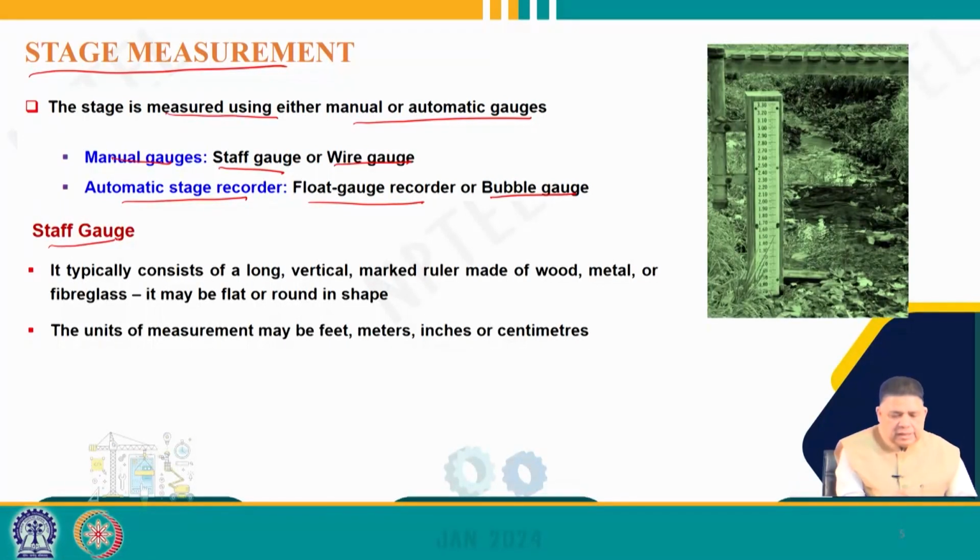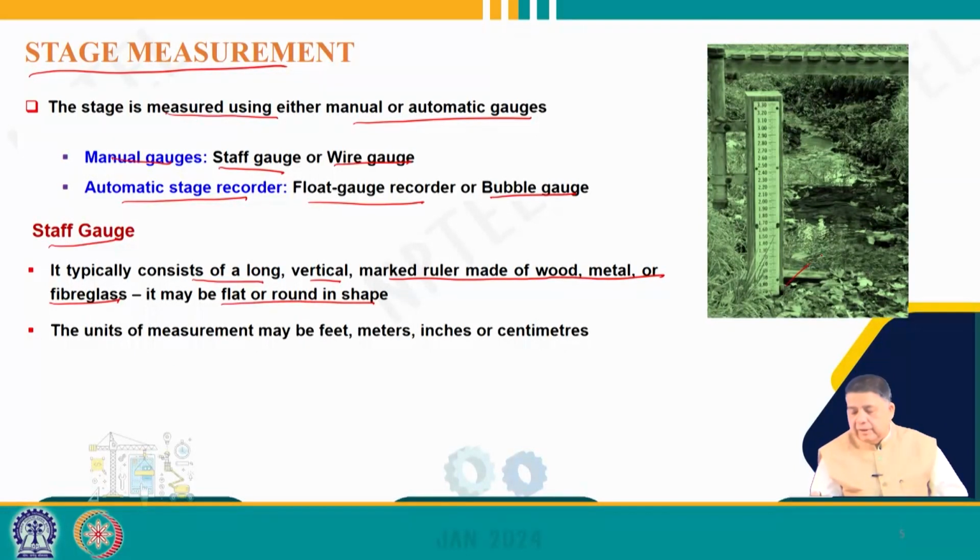Now, coming to staff gauge, it consists of a long vertical marked ruler made of wood, metal or fiberglass. It may be flat or round in shape. As you can see here, this is just a ruler with marks made on it, and it could be of wood, metal or fiberglass, and it could be round or flat. So, it is very similar to the ruler or scale which we use in our day to day life for measuring, and we know that scale is also of wood or metal or